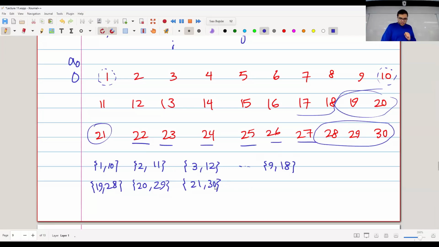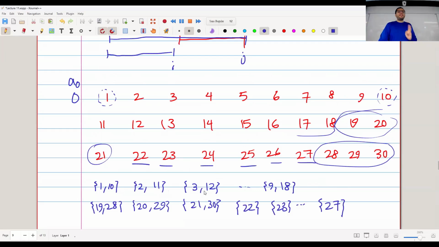How many pairs do I have? Here I have 12 pairs, then 13, 14, 15, 16, 17, 18. So I have 18 sets. These are my sets. I'm going to put 22 as its own set, 23 as its own set, and so on to 27. I have 18 sets, and from each of these sets, I can choose at most one number, because if I choose two numbers in the same set, their difference is 9. So I can choose at most 18 numbers so that the difference of any two numbers is not 9,